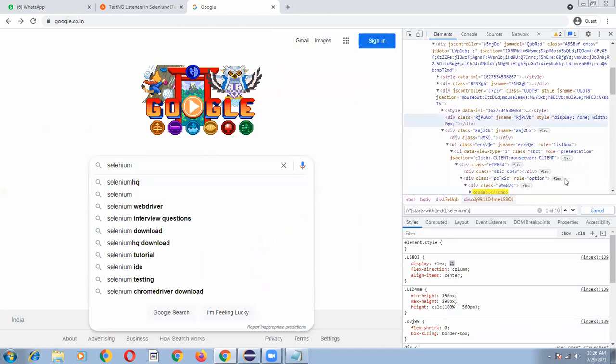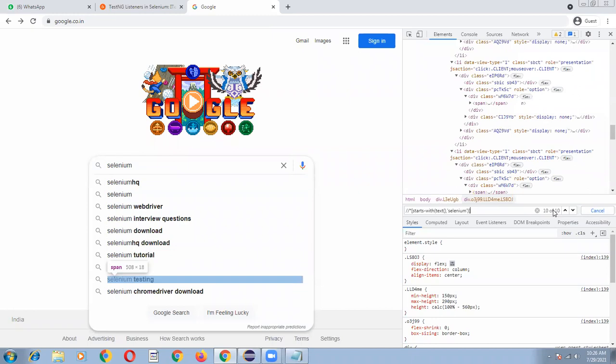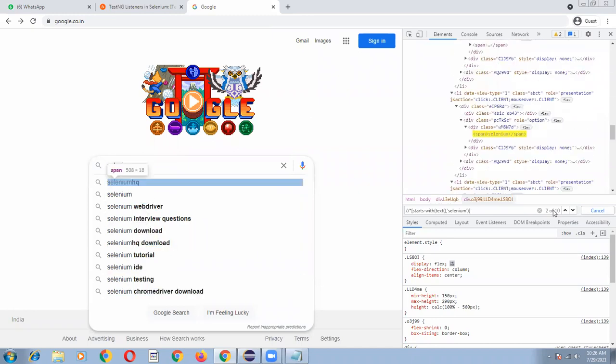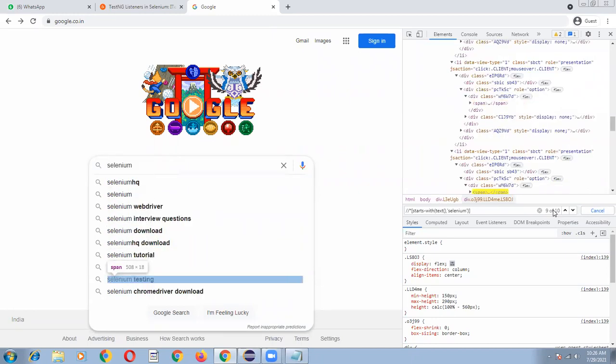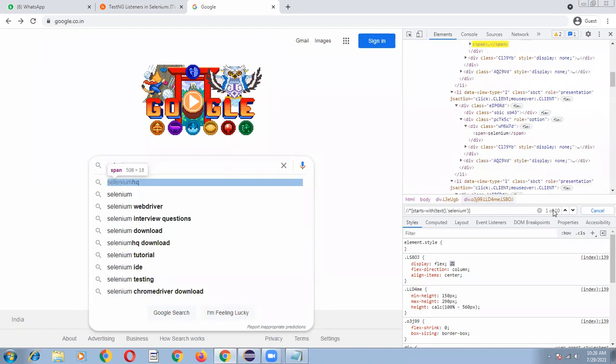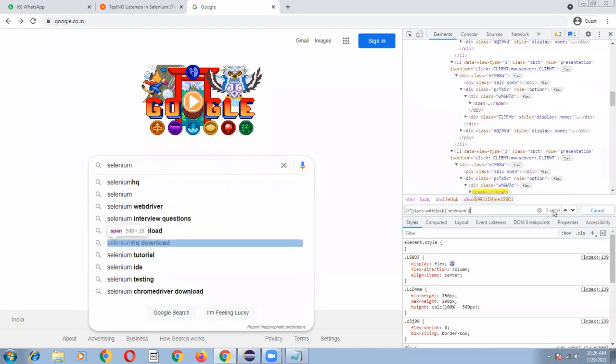Selenium, 1 of 10: 1, 2, 3, 4, 5, 6, 7, 8, 9, 10. So with this XPath we can locate 10 web elements on the web page. Wherever element.getText equals selenium HQ, I want to click that one. Correct? So let's go to the logic implementation.